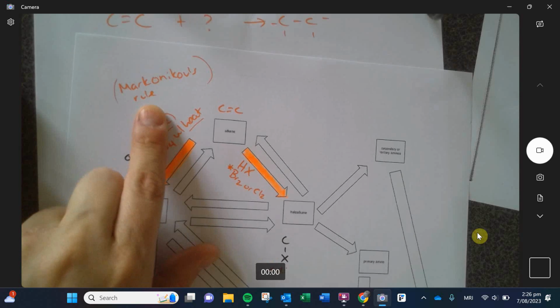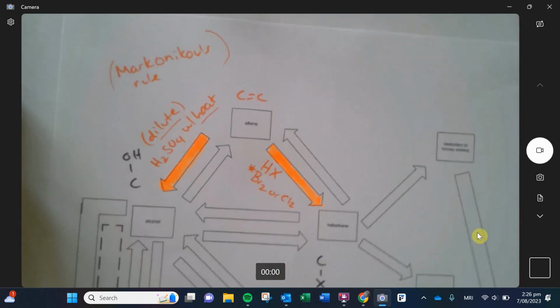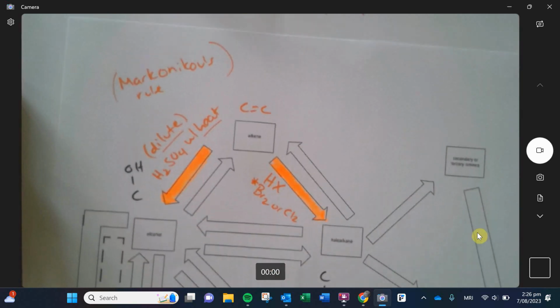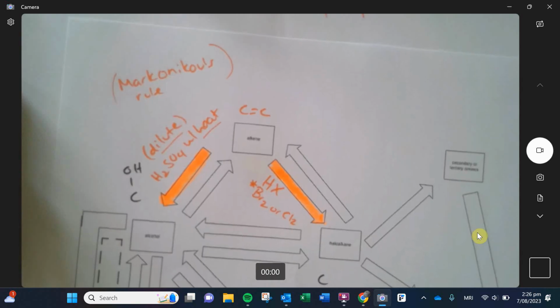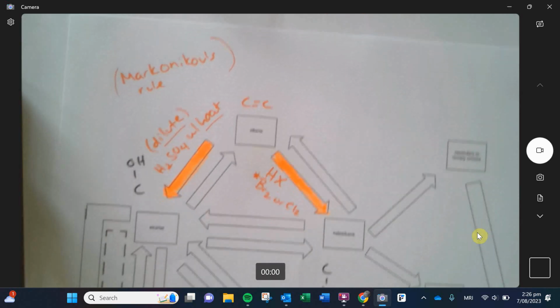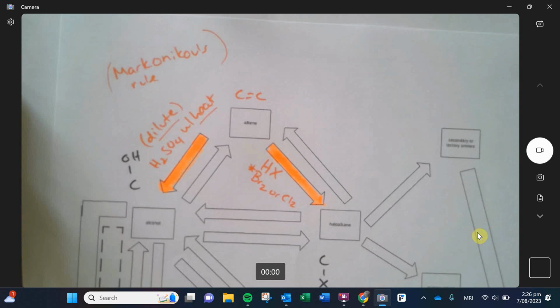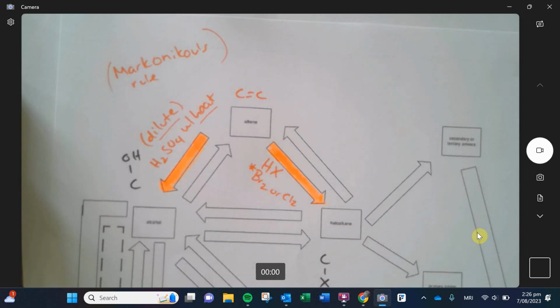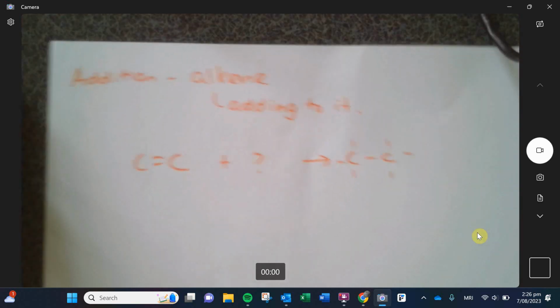Markovnikov's. Zoom in if you guys want. Markovnikov's. He's the guy that made up the rule, or discovered the rule, I should say. So it just means that when you have an asymmetrical alkene, the two components, say for example, the OH and the hydrogen, could be added in one direction or the other. Do you want me to show you an example? Yeah. So for Markovnikov's rule,